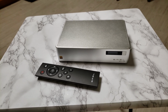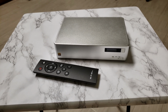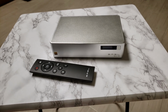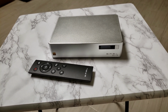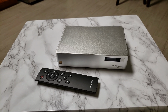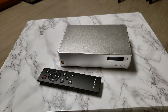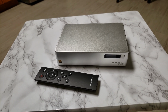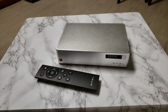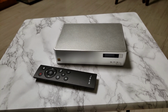The stock setting is brightness 1, and I had it that way for months and months until I finally put batteries in the remote and decided to mess around with it. And it was perfectly fine at 1. I had no complaints with it. But after realizing that I could make it a lot brighter, I did. My preference was 3. I think brightness 3 is much brighter than brightness 1, but there's no